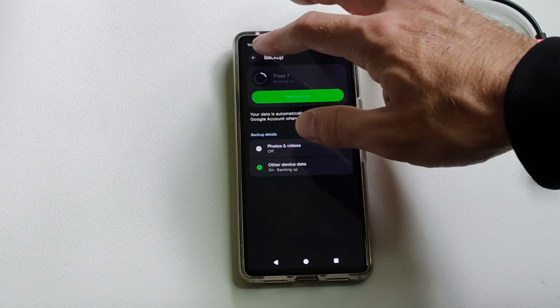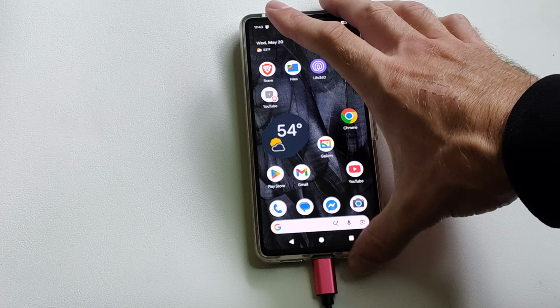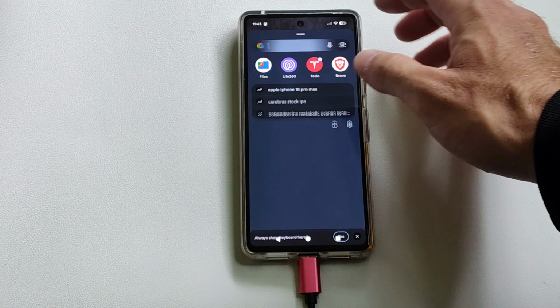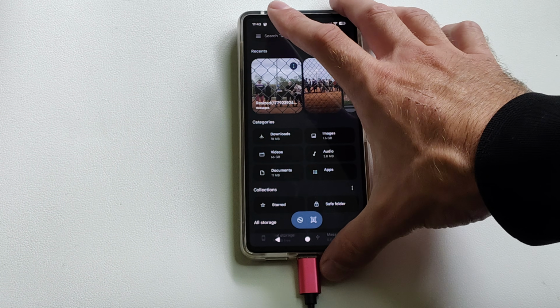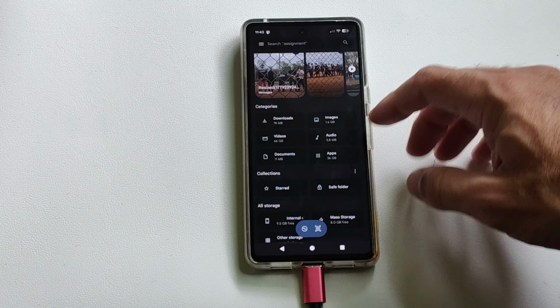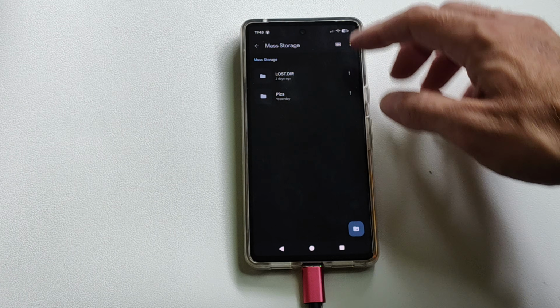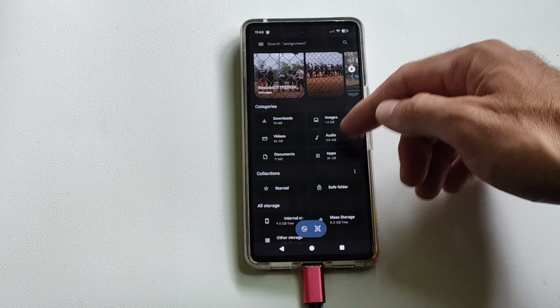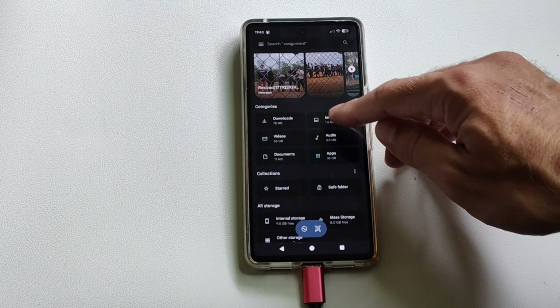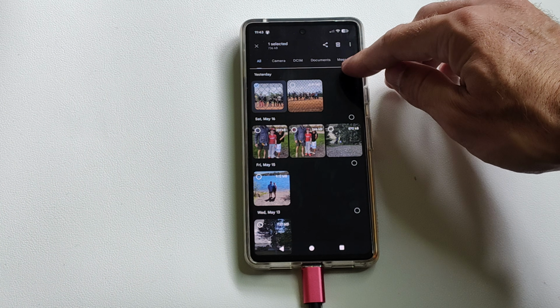under here. And then if I do have one of these devices connected, I can just connect it like this. I can go on over to Files, and I can just transfer all my videos and photos off of there. Or you can just transfer it over your computer too, which makes it easy, and then you can just retrieve it later on. So I should be able to see my storage device on here. Okay, good. And I can just go to all my different categories on here, images, downloads, etc. And what I can do is just tap on it, hold down on it, and there should be an option to select everything